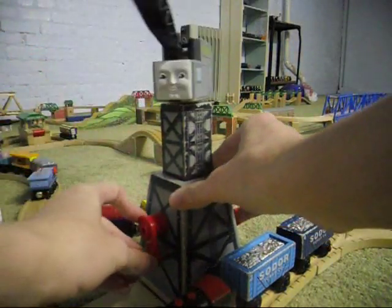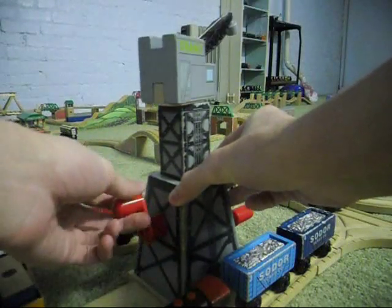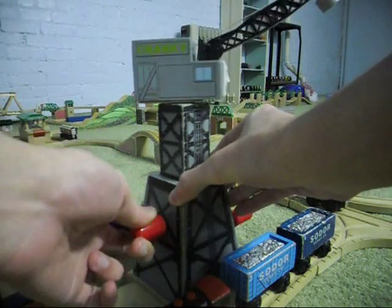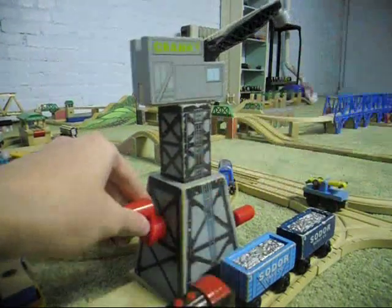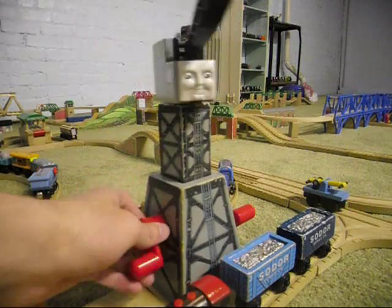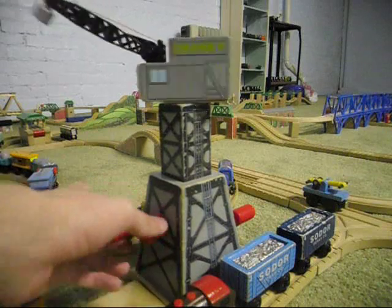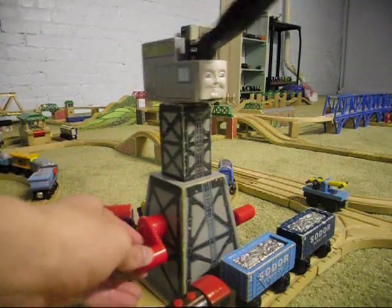Okay, so this is the very first version of Cranky that was ever made. I got this one year for Christmas, I believe. And there is also a deluxe Wooden Railway Cranky, though I don't know if I'll ever be able to get him because he costs about $100. $100! Anyway,